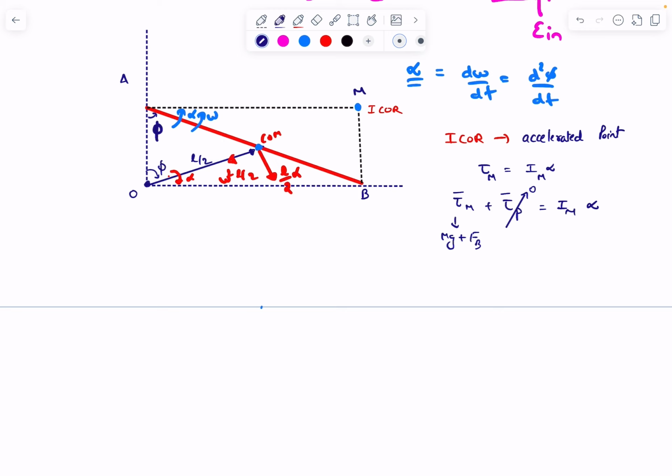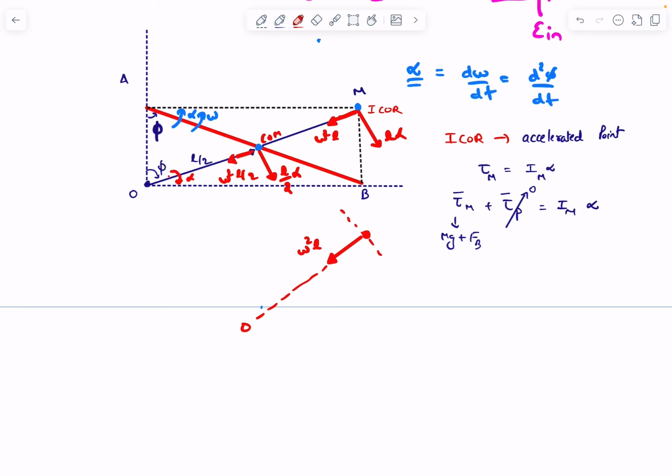Now some of you may have used this argument and said that this is a rectangle and the ICOR will be at a distance of L from the point O, which means the ICOR will have two acceleration components: first, omega square L towards the point O, and an L alpha in this direction. Then you would say that this is the acceleration of the ICOR. Now, this is actually wrong. There isn't anything wrong in the calculations that we did, but there is something conceptually wrong here. I'll share the answer: the ICOR has an acceleration of omega square L towards the origin, and in the tangential direction, it has